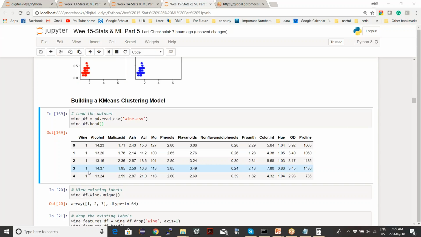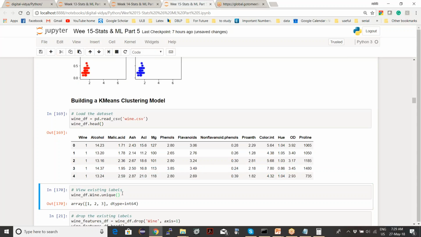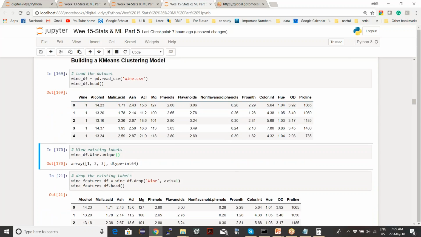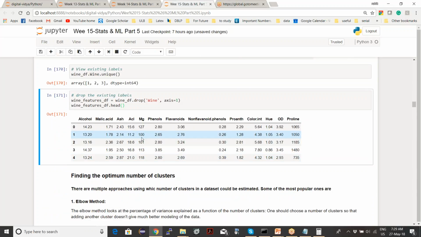We saw there are 3 categories of this wine. We don't know exactly what the names of these categories are. We just know they belong to 3 different groups, group 1, 2, and 3. So we'll drop the existing group column, and this is what you will get.